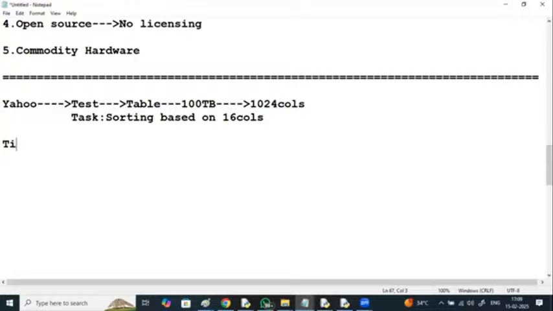Finally, Hadoop has just taken 3.4 minutes. The latest version of Hadoop has just taken 1.2 minutes. So this is the speed of Hadoop compared with other things. These have taken minutes, but those have taken days and hours.